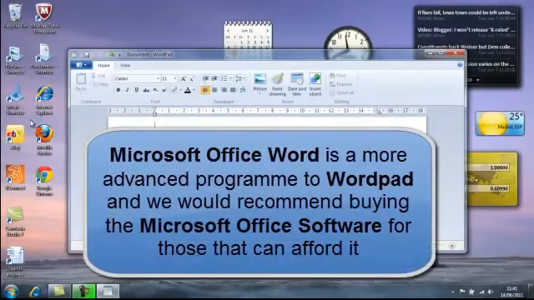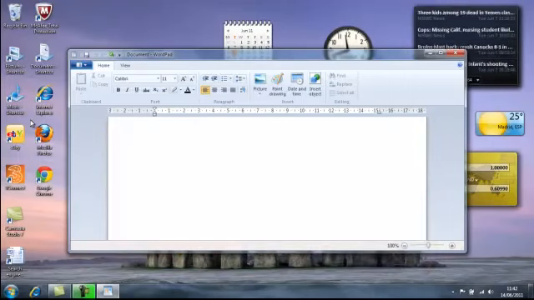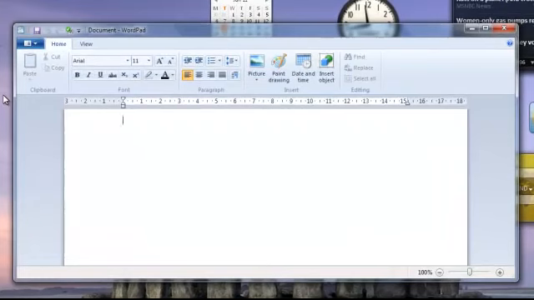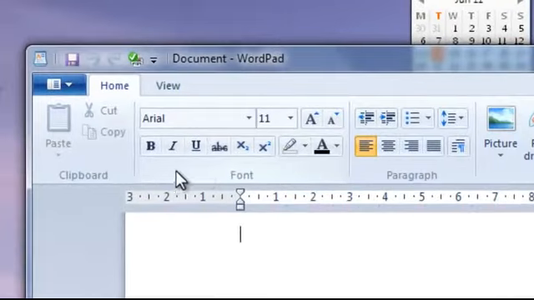Now many will have Microsoft Office Word, which is an excellent and recommended program, and that is available to buy as an additional software. We've opened WordPad because it's a free software that everybody should have available. They're very similar, they're both made by Microsoft. What we're going to do is create a simple document and we're going to print that and save it. And while creating that document, we're going to use this box here on the toolbar, which is the